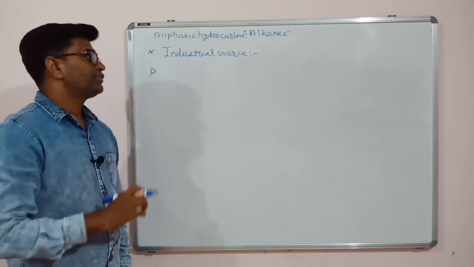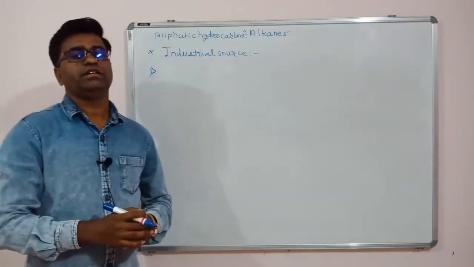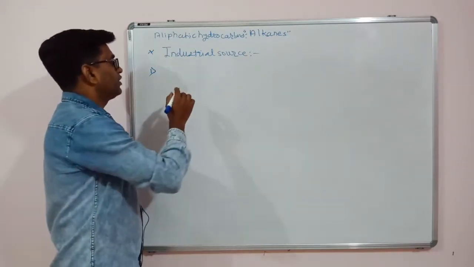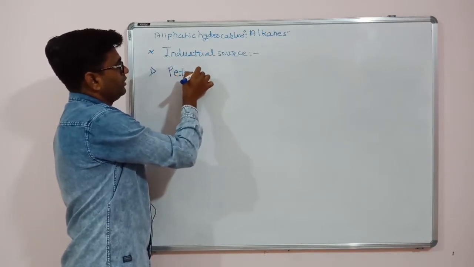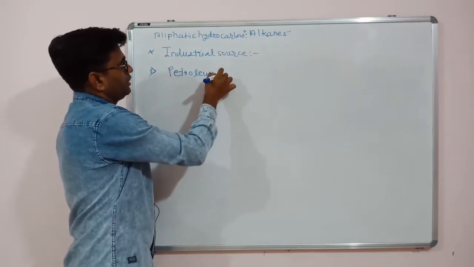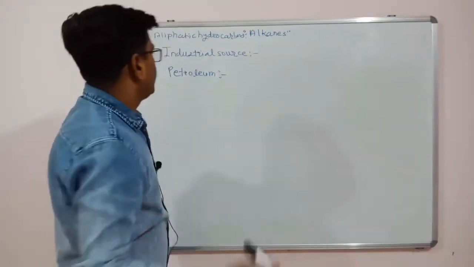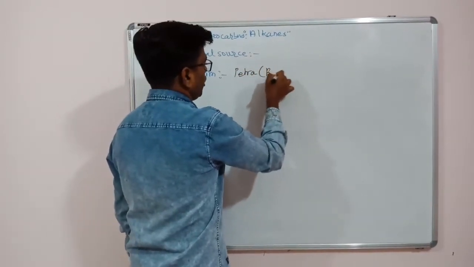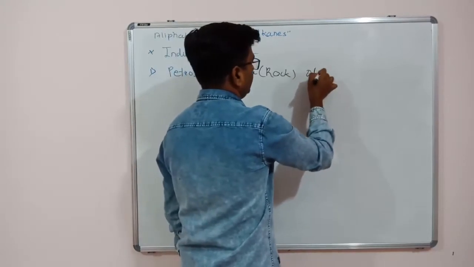Friends, the industrial source, how these alkanes are obtained in large quantities, that is called the industrial source. So the main industrial source for alkanes is petroleum. In petroleum, petra and oleum are Latin words. Petra means rocks, that is khadak, and oleum,